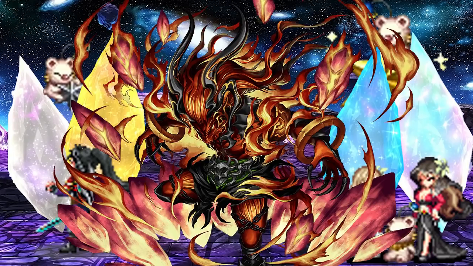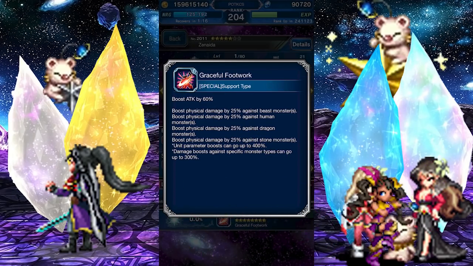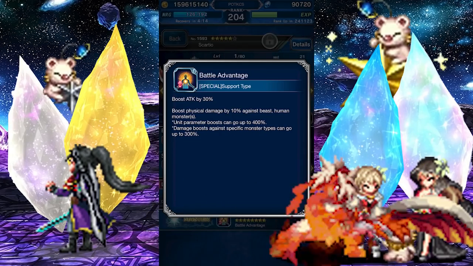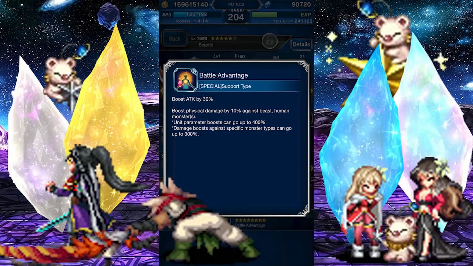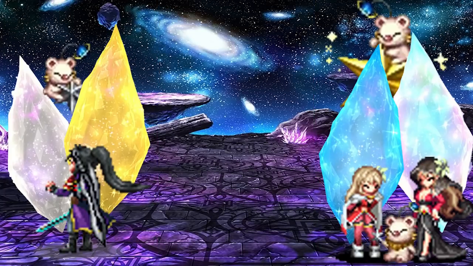Beast Killer Trustmaster Rewards. Zaneta has a 25% Beast Killer, along with a similar Dragon, Human, and Stone Killer on her 60% attack Materia. If you're willing to go the extra mile for scraps, Scarshow has a 10% killer on Beasts and Humans. Wow. And that's really all the available Beast Killers you're going to find on a Trustmaster Reward,